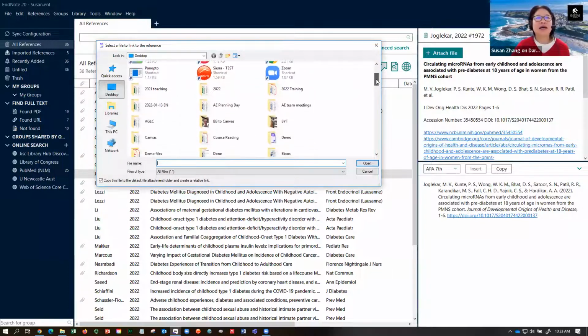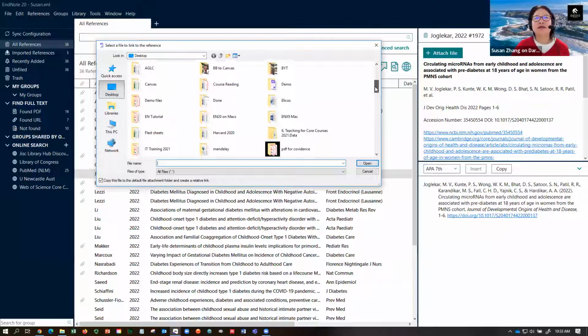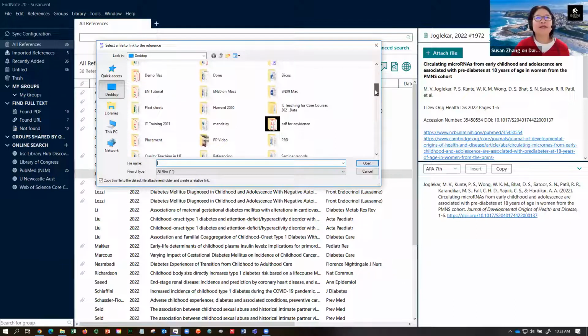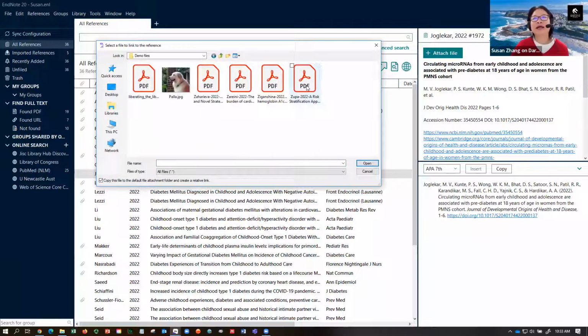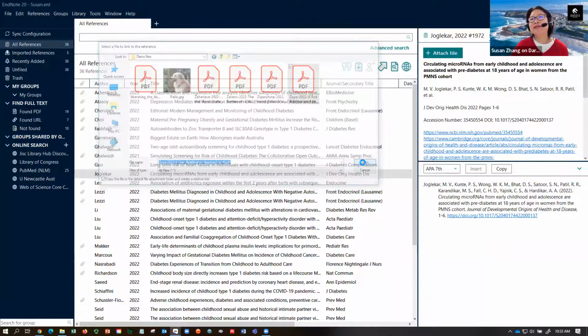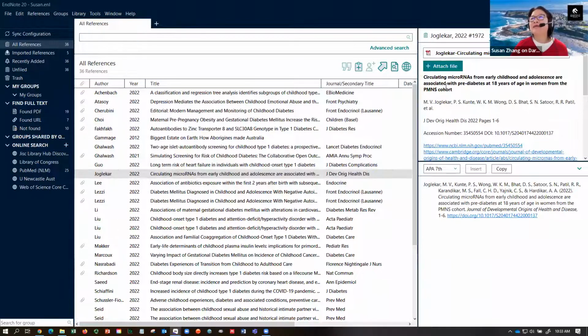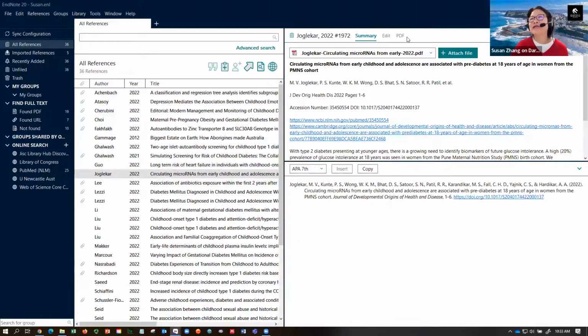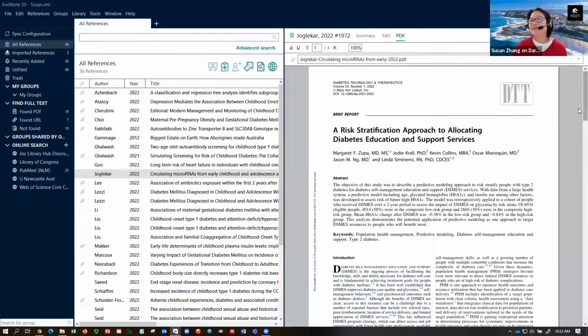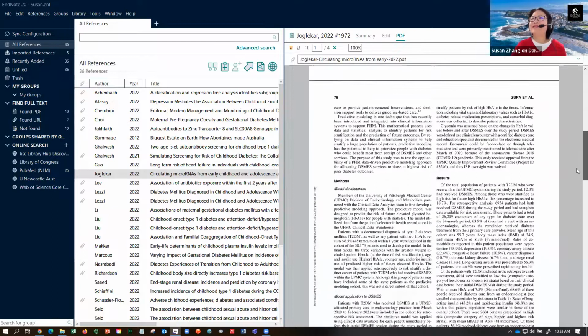I think I have, let's find, okay. In the demo files, for example, I can attach this one. So I can just click on open, and the PDF is attached. If I want to have a look, it will be something like this. Okay, so that is how you